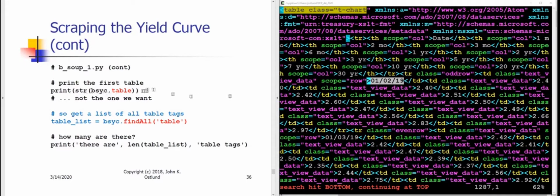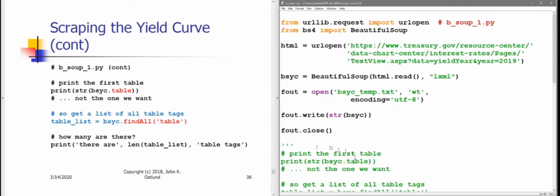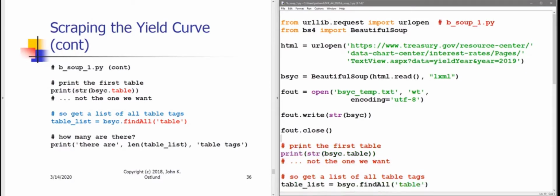The next thing I want to do, now that I've discovered that I am able to identify within this massive file where that table data is, I want to see if I can start identifying this stuff within my Python code. So the first thing I'm going to do within my Python code is move this triple quotes down